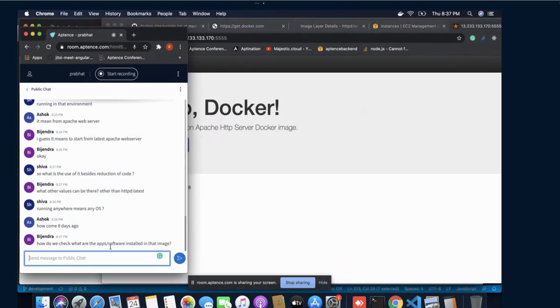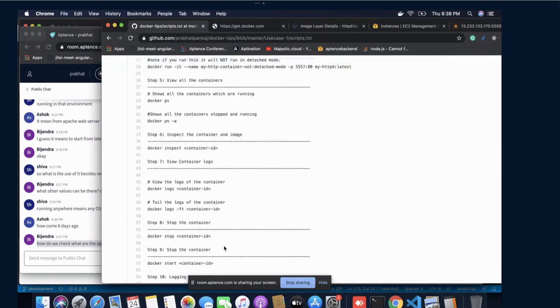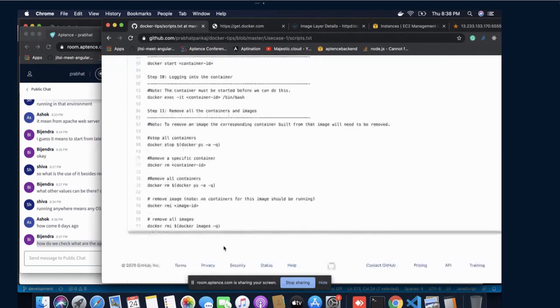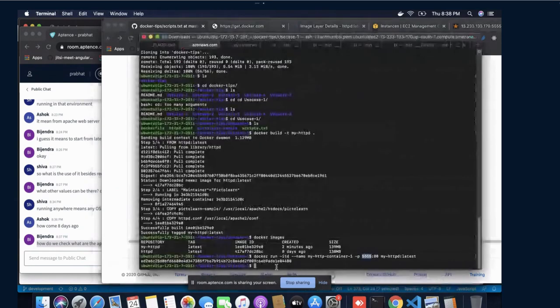How can we check what software is installed in this app? Okay, for that you can do the same. See, I have already added this command. If you run docker exec -it container id /bin/bash, you will be able to go inside.